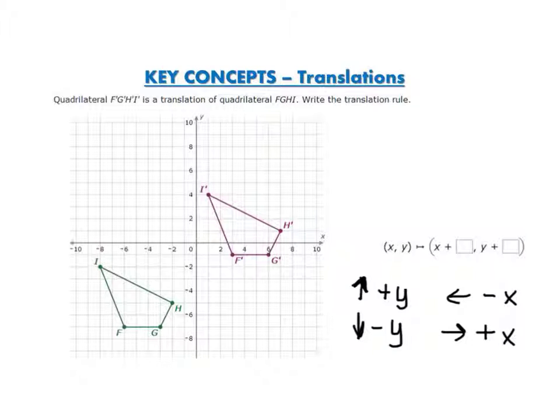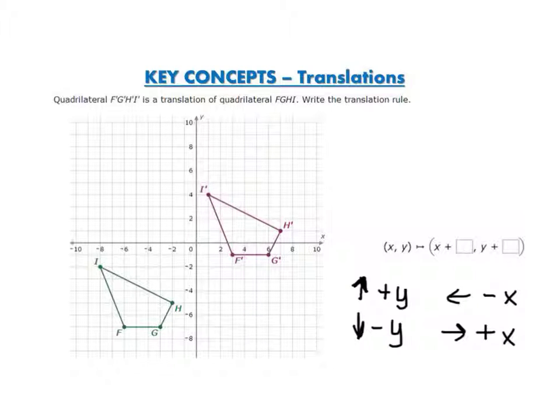All right, on the third assignment, they're giving us both a figure and the figure in prime notation. So it's the figure after it's been transformed. This case is a translation, and they want you to write the rule. Now in this case it's going to be fairly easy because they show you it's X plus a number and Y plus a number. So all you have to do is count. Pick a point, any point,